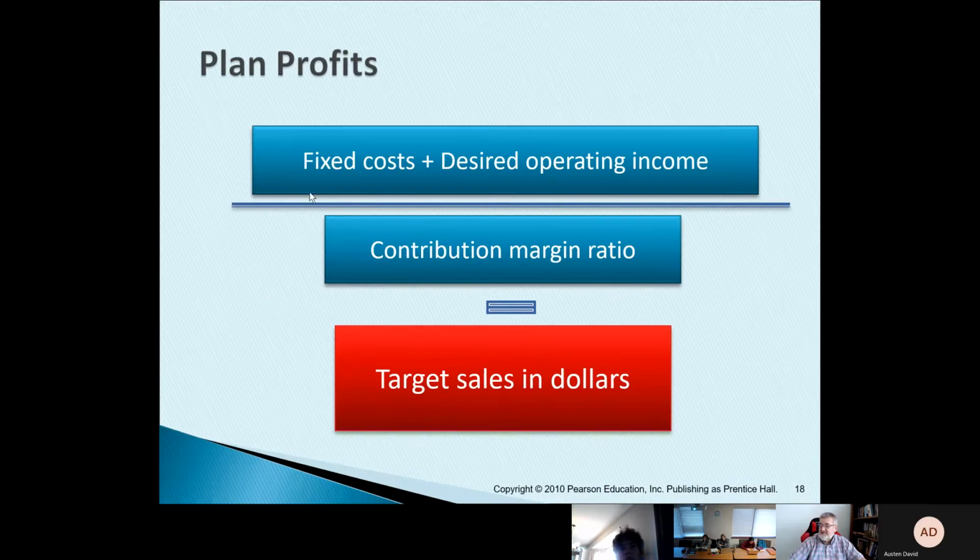So now, once we know our break-even point, then we start talking about how much profit do we want to make? How much sales are we doing? Well, if we know what our fixed cost is and we know what our desired income is over and above break-even point, that ratio, sales